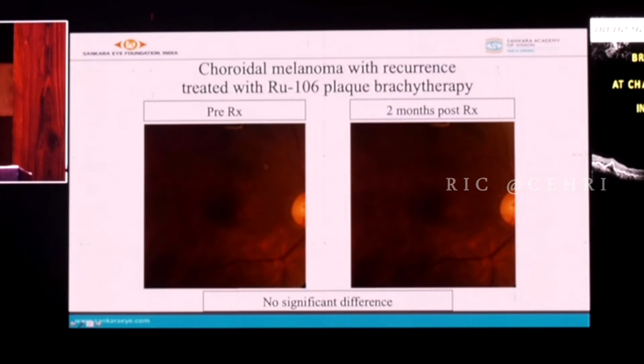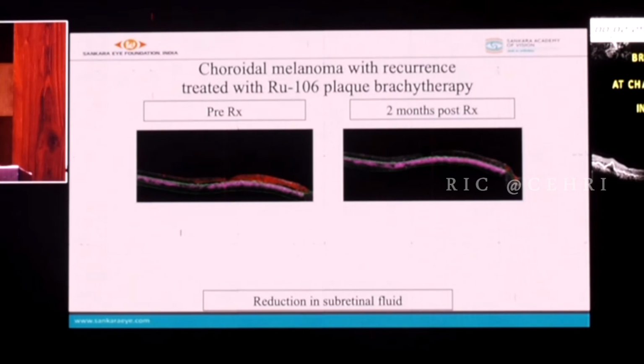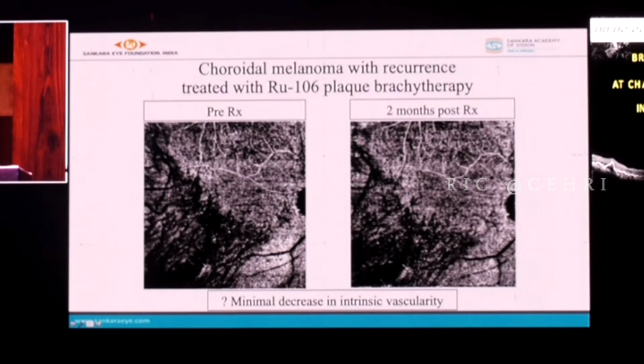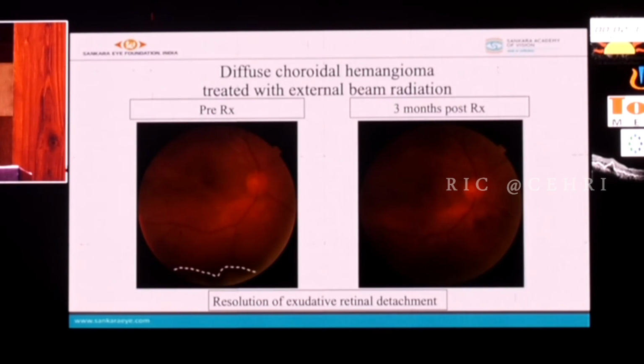So this is a melanoma superiorly. You don't see it very distinctly. This patient had multiple TTTs, and subsequently we did a brachytherapy. Clinical photograph-wise, you don't see much of a difference. OCT-wise, you can see a little bit of fluid here, which is resolving, coming down. So OCT itself will give you a clue whether the treatment is working. On the OCTA, you may not see much of a difference, but the normal choroidal vasculature is also thinning out here, indicating the plaque was put in the correct place, and that this tumor is also likely to regress.